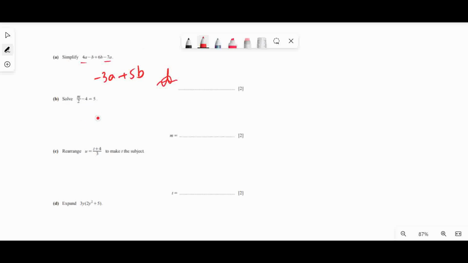Now this will be m by 2 is equal to 5 plus 4. Further, this will be m by 2 is equal to 9 and m will be equal to 18. Let's move to part C. Rearrange this to make t the subject. Simply cross multiply it. 3u is equal to t plus 4. And if you further simplify it, because you want to make t the subject,